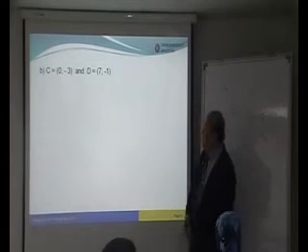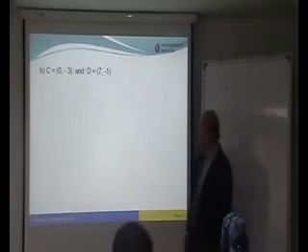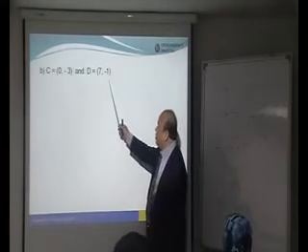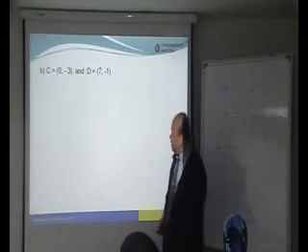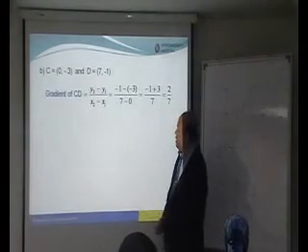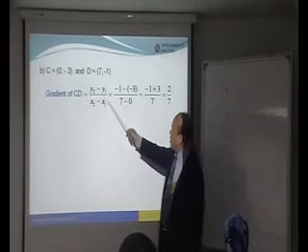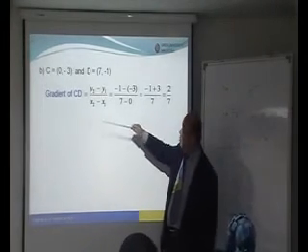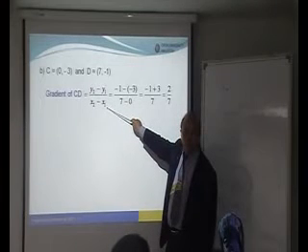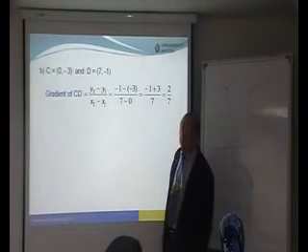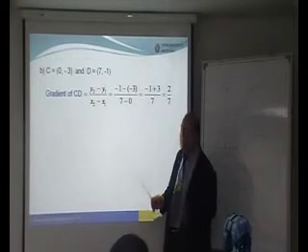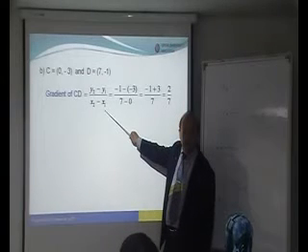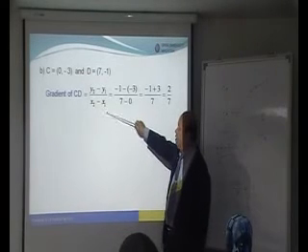Next. Example 2b. So given C equals (0, -3) and D equals (7, -1). So we are asked to find the gradient of CD. So the gradient of CD is again y2 minus y1. So in the exam, make sure you write the formula. Write down the formula so that you don't make mistakes. Every time when you practice, try to write the formula. Many times if you do this, then you can remember it actually.